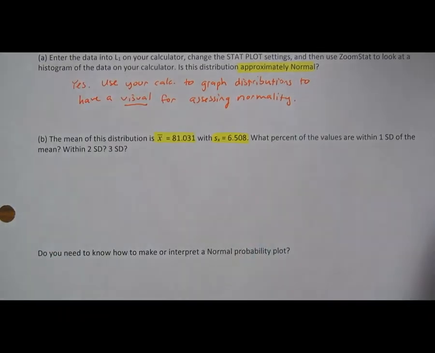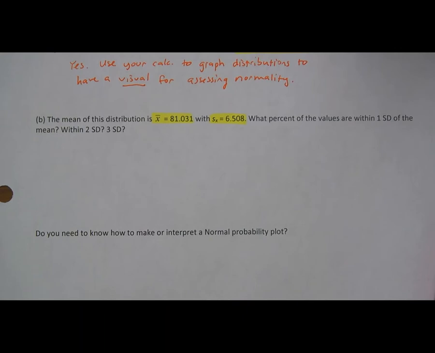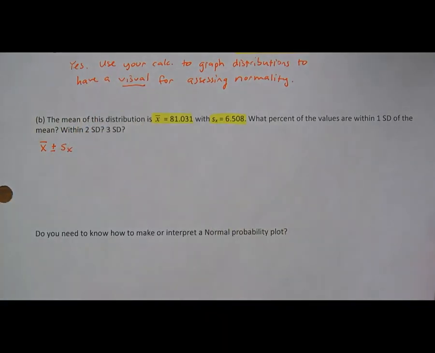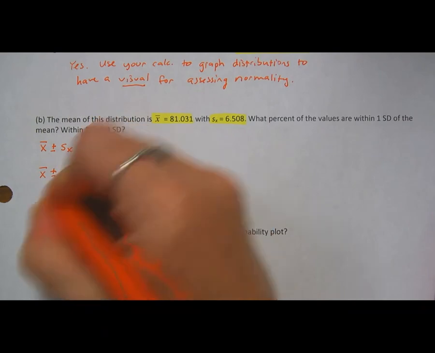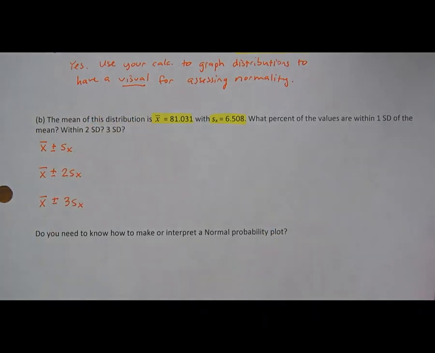So let's move through this one quickly, because this can be a tedious process. We're going to say X bar plus or minus 1 standard deviation, and then we'll calculate X bar plus or minus 2 standard deviations, and then we'll do the mean plus or minus 3 standard deviations. So we're going to do 3 things here. If you just go to your normal calculation screen and you type in the mean minus the standard deviation, that's going to give you